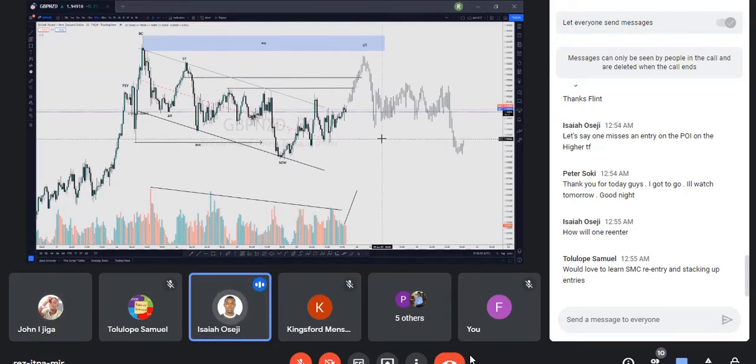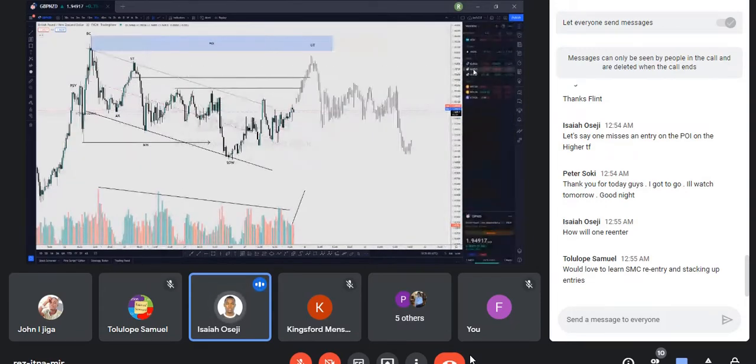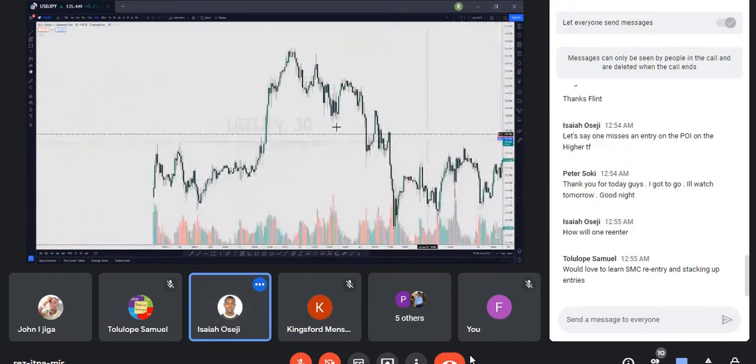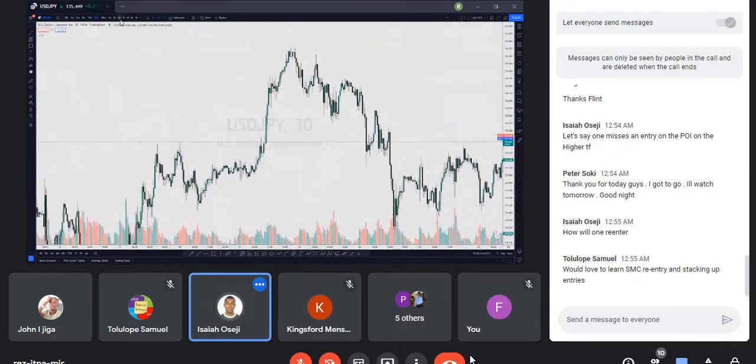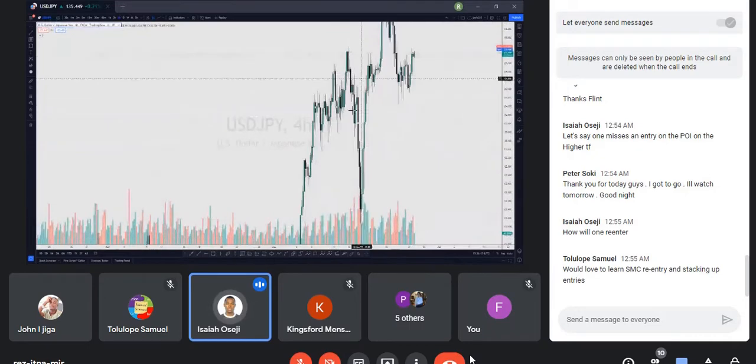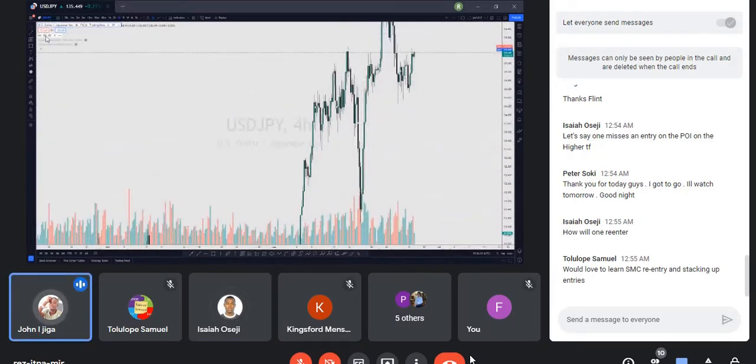Sometimes there are times where the price moves away from the POI very fast, and you get a break of change of character. And by the time you enter, maybe it reverses back to the POI again, and maybe takes you out. I've experienced that most times. Okay, let's use